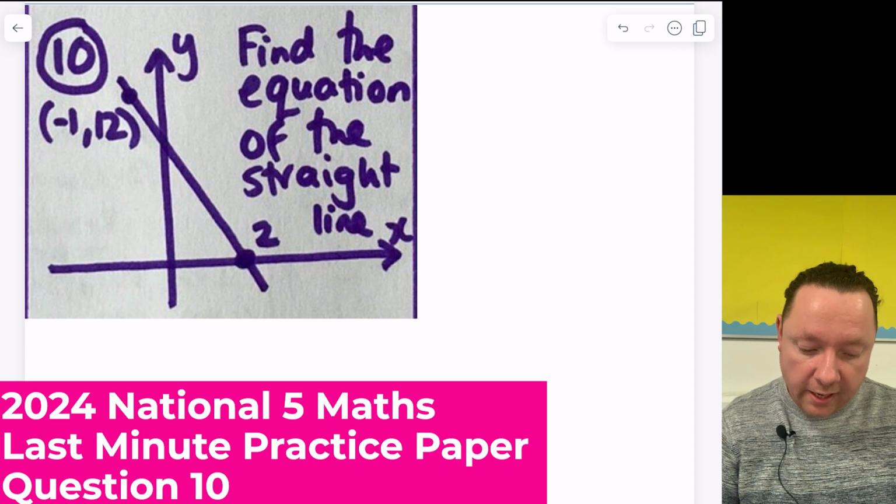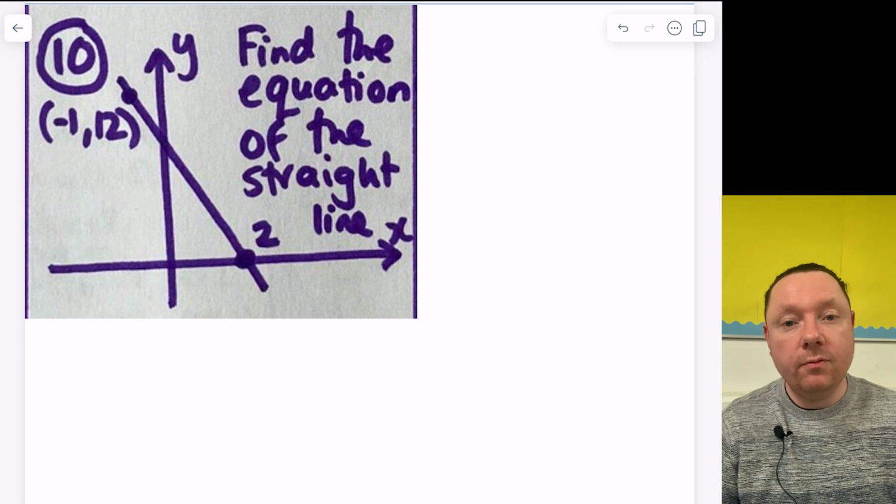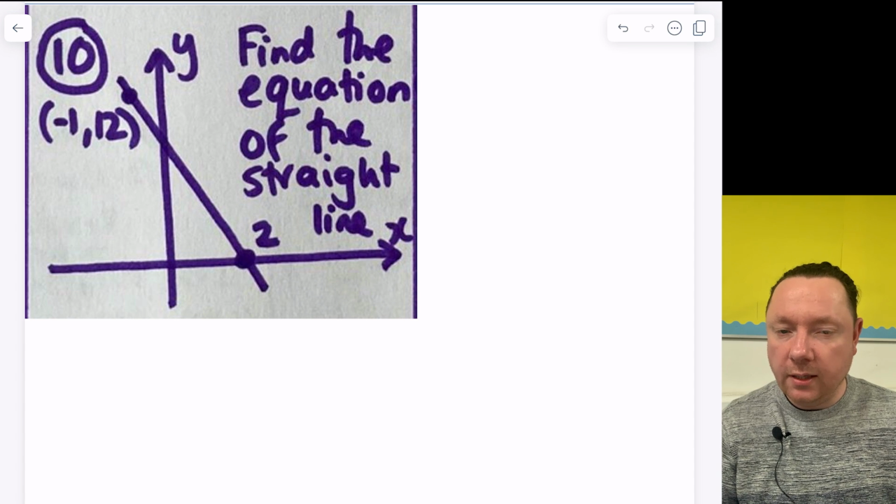Question 10 for 2024 mock National 5 paper, paper 1. Find the equation of a straight line. Okay, find the equation of a straight line with the gradient and any point. So to get the gradient,